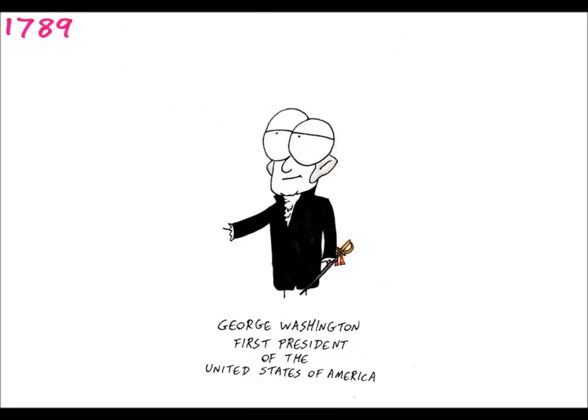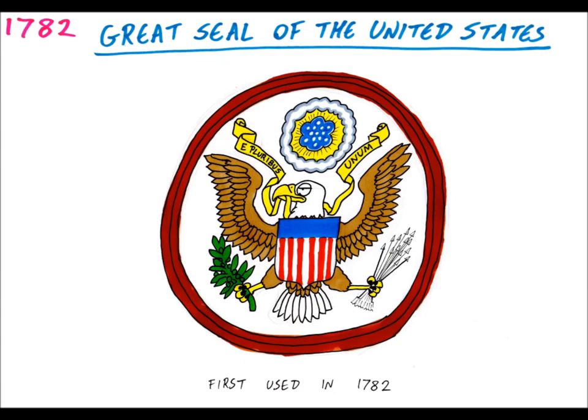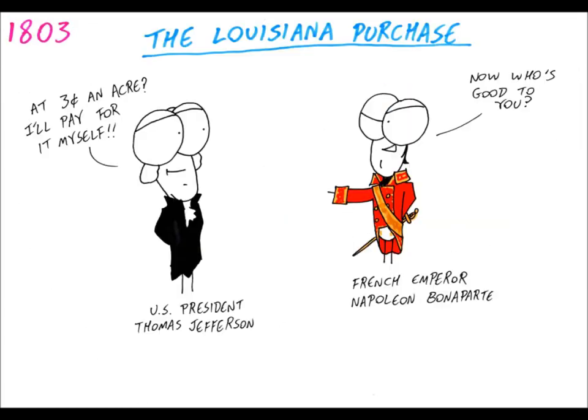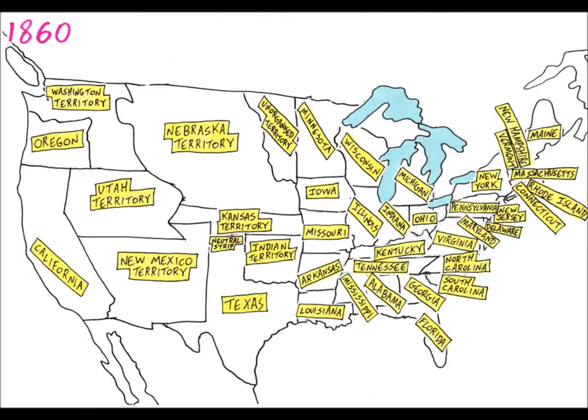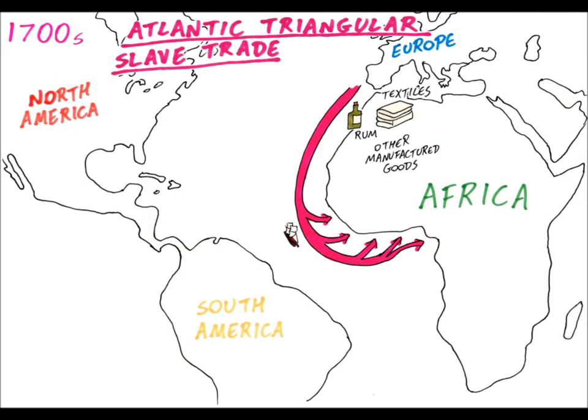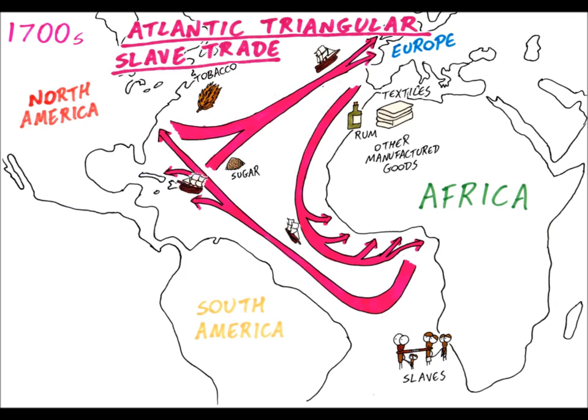Since winning their independence and ratifying their constitution, the United States of America began expanding across North America through purchase, conquest, forced migration, and genocide, bringing new territories into the Union. Since its colonial times, America saw a huge trade in slaves from Africa, as these people were bought and sold